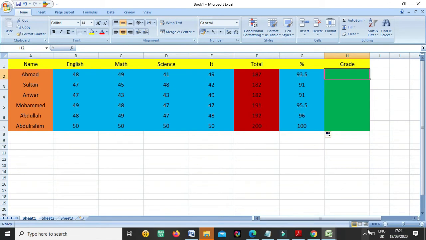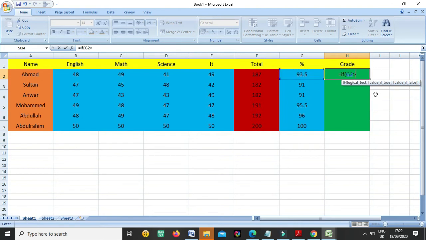So when we were getting the total, we were focusing on these marks. When we were taking the percentage, we were focusing on the total. And for the grade, we will focus on the percentage. So now let's start. IF bracket, if the percentage, like G2, the cell number of this cell, if G2 is